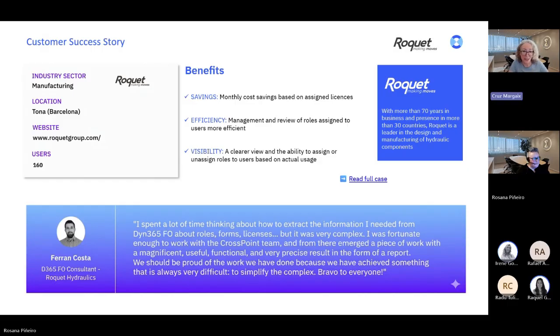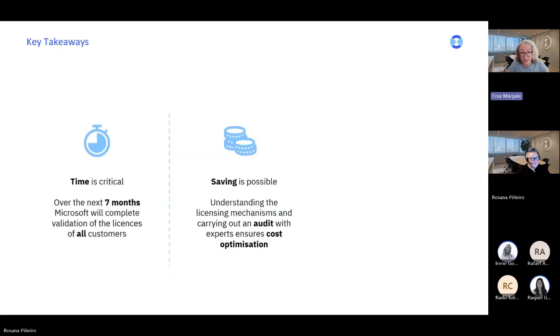Crosspoint 365 offers an auditing licensing service. And on our website, you can see some of our success stories where customers have been able to save on their licensing cost.